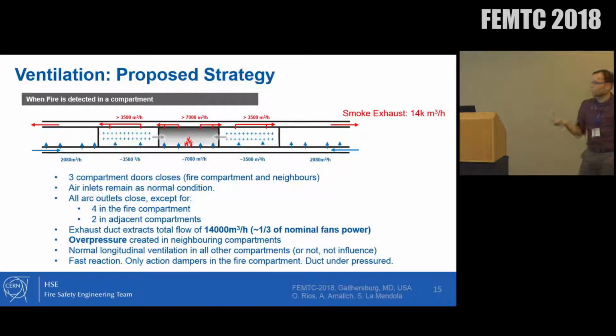In case of fire, we detect the fire in a compartment. This is a 400 meter compartment. We detect the fire, we close the doors of this compartment and the adjacent compartments. We create a pressure cascade in order to further confine the smoke in this compartment, and we start extracting a certain amount of air through this smoke extraction duct. That was the strategy that was developed, and we had to put numbers on it using FDS, and the evacuation velocities, to see what the smoke effect on people was.